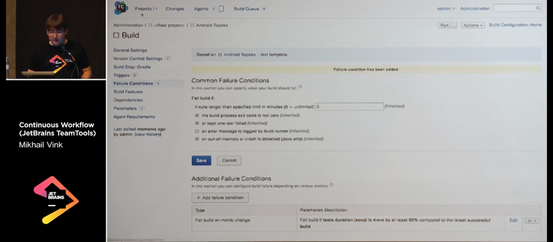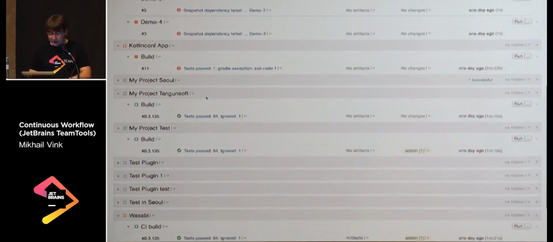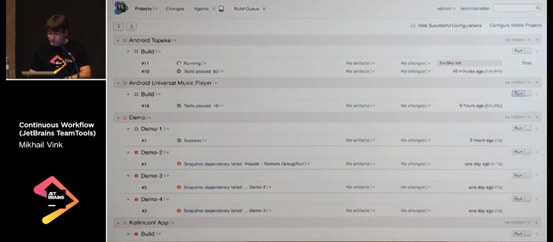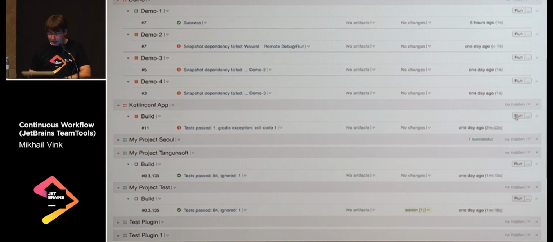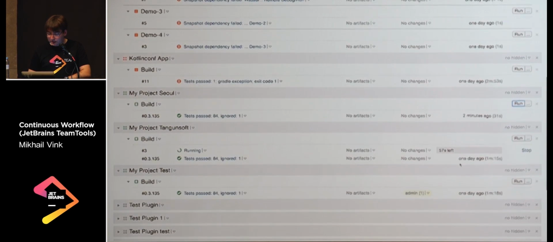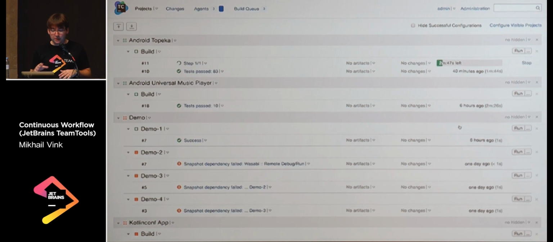So that's our project configuration. And you see, I have quite a lot of things here, so let's run a few builds, because I want to show you the concept of build queues and agents. The thing you see right now is called TeamCity Console, or TeamCity Management Console. And that's the place where you basically control all the TeamCity installation and where you configure all the builds and